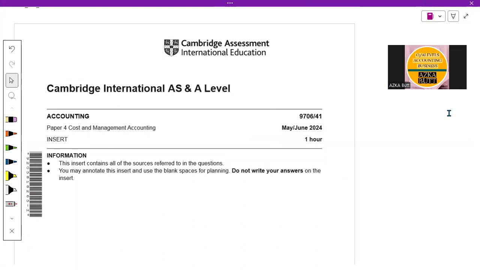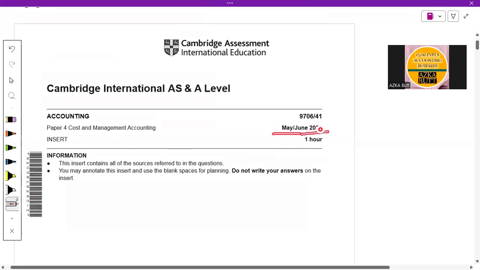This is your teacher again, Azka, but I teach business and accounting to O and A level students. So this is A levels paper 4 accounting, and this is the latest paper as you can see. This is May June 2024 paper 4 variant 1, and we have 1 hour to complete the